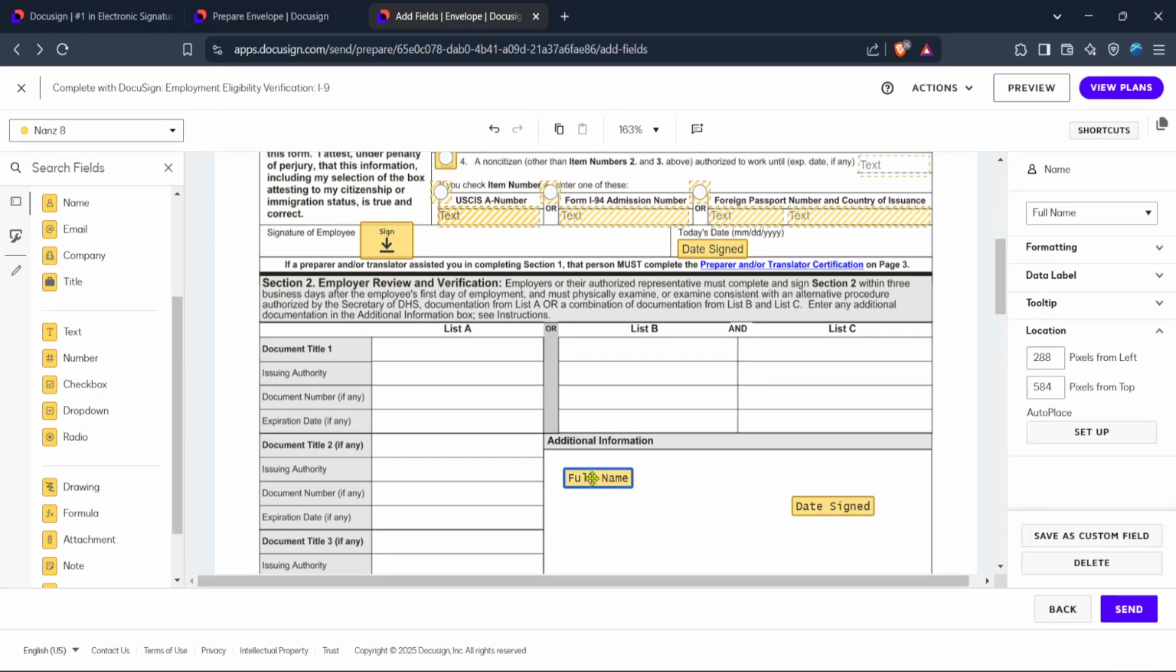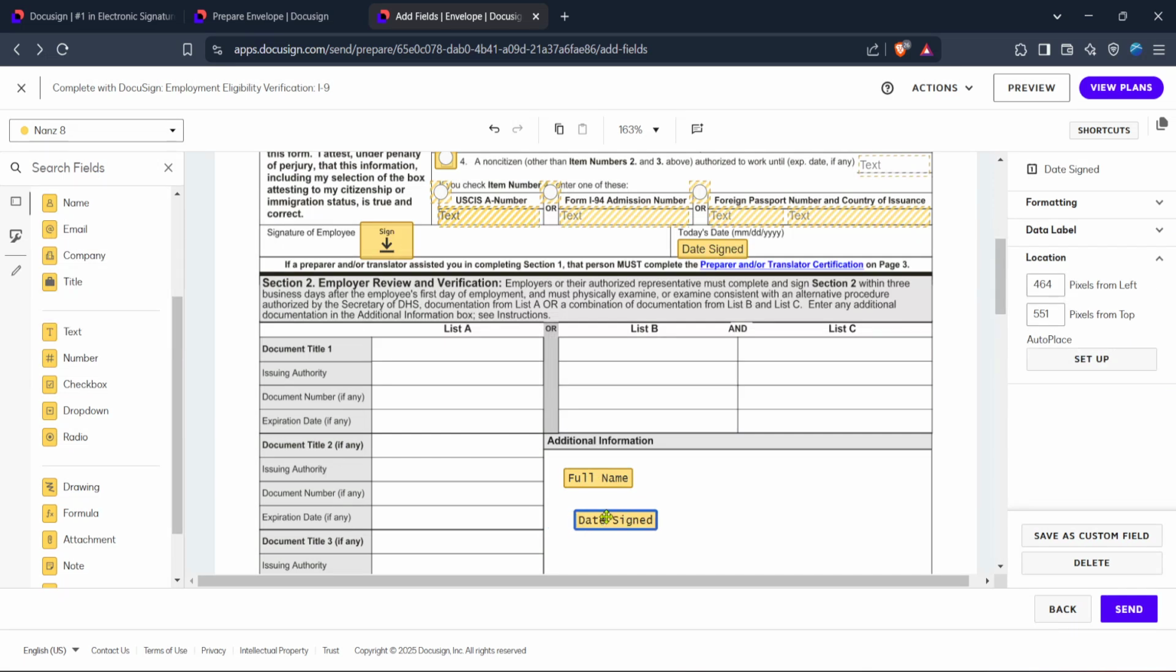After fields are placed, it's essential to assign these fields to your recipients. Here's where you ensure that the right person is filling out or signing in the correct areas of the document. Look over each field, confirming the correct recipient is designated for each part. This can typically be done by selecting the field and choosing the intended recipient from a drop-down menu, and there